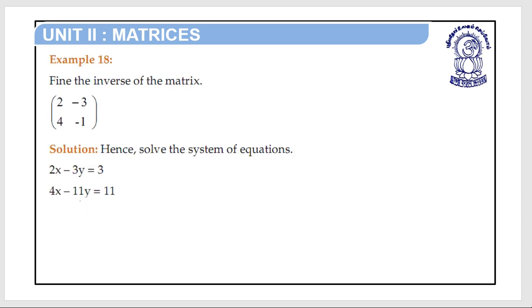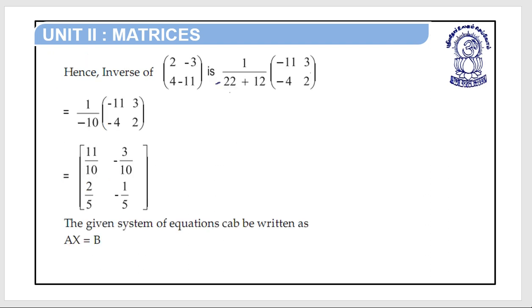Example number 18. Find the inverse of the matrix [2, minus 3; 4, minus 11]. Hence, solve the system of equations 2x minus 3y is equal to 3 and 4x minus 11y is equal to 11. Inverse of [2, minus 3; 4, minus 11] is 1 upon minus 22 plus 12, in the bracket minus 11